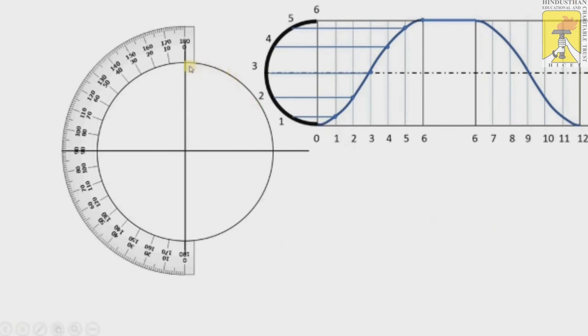Draw a circle of 5 cm radius from the center, make an axis of horizontal line and vertical line, and divide the circle into 6 equal divisions. We already have divided it, so theta outstroke is 120 divided by 6, so 20 degrees each. We have to divide and extend the line according to the coordinates. So the 120 degrees is divided into 6 equal divisions, and we have plotted the points and extended the line.